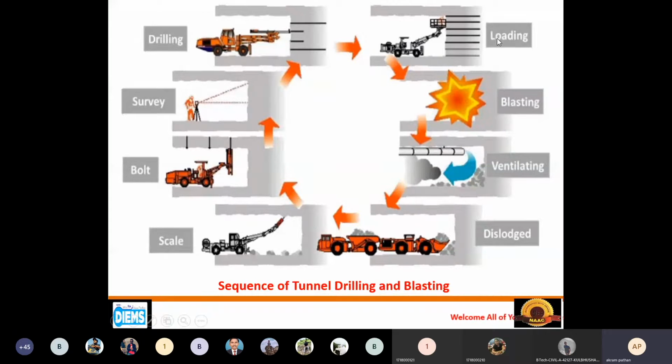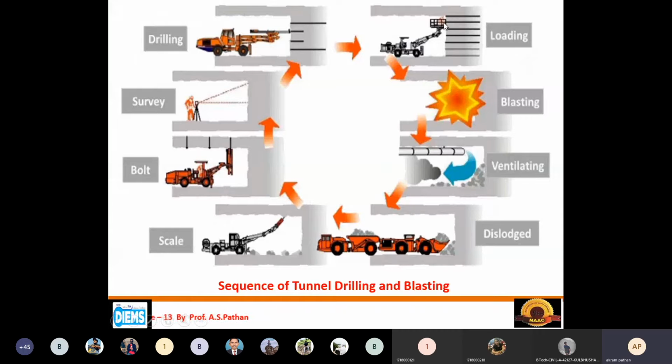Then another important sequence is that after drilling the particular holes according to our plan, for example, we have planned 150 drill holes which are required to excavate this particular area, then we have to load certain detonators. Certain chemicals we have to charge inside this particular hole.